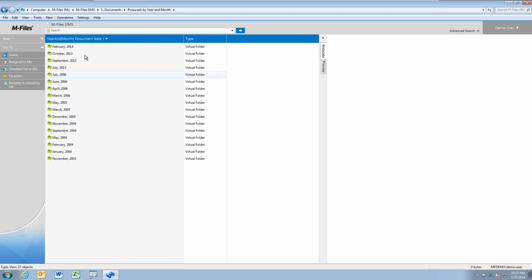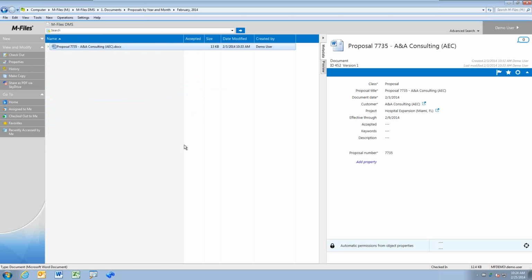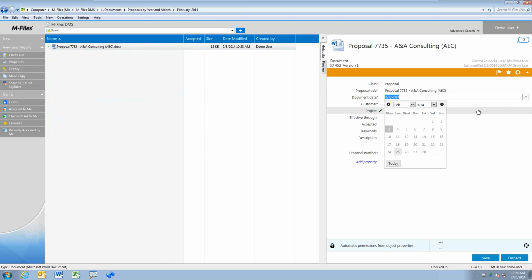So I want to go into this February 2014 virtual folder, and I'll see that proposal 7735 because it had a document date of 2/3, so February of 2014 is exactly the folder that we're finding it in. So what I'd like to do is go in here and change this from February to March. Let's just put a document date on it of March 17th of 2014. Now if I save this, we're going to see that it disappears